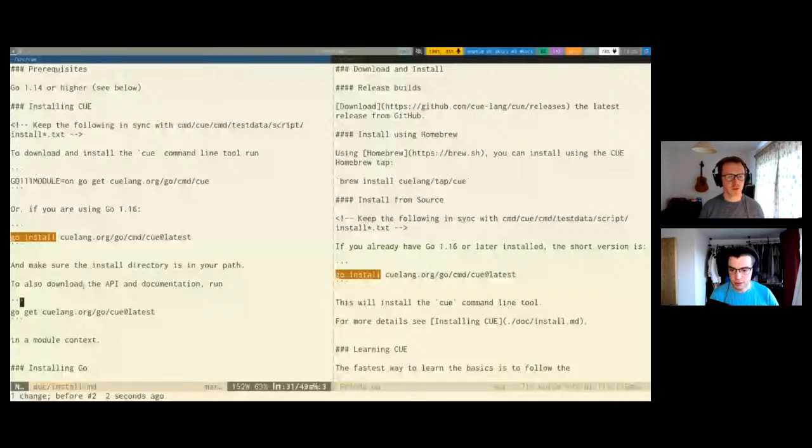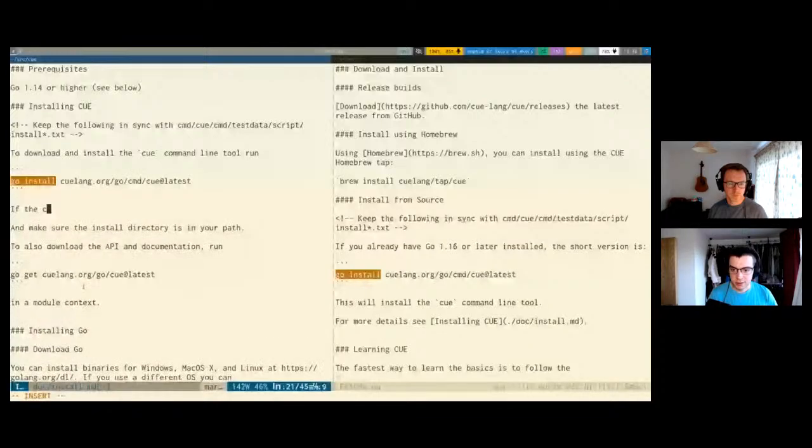No, that's to download. That's actually for downloading the API and documentation. So that will be in a module context. Oh, so is that to put it in your cache? No, well, that would be to just use. I think what you're probably alluding to there is actually a good suggestion to change it to make it clear if you want to use Q in your Go module. That the use of the word download there is just misleading, right? Yeah, I would say to update your Q dependency. Yeah, exactly. To download and install Q, run blah blah blah blah, and I think I'm gonna say